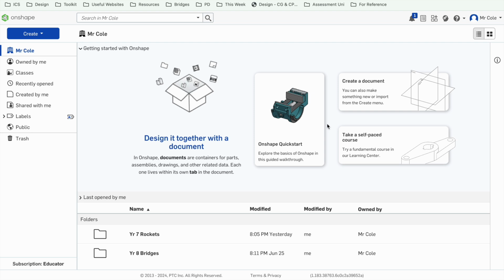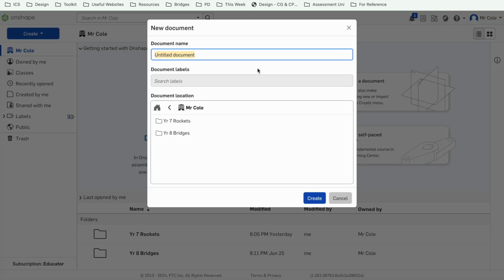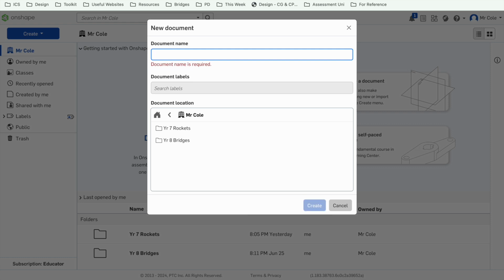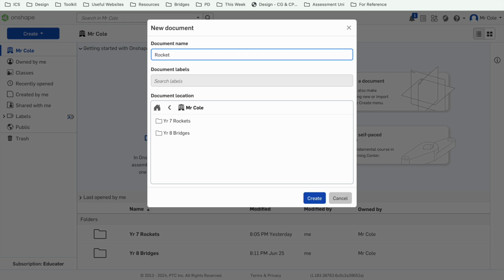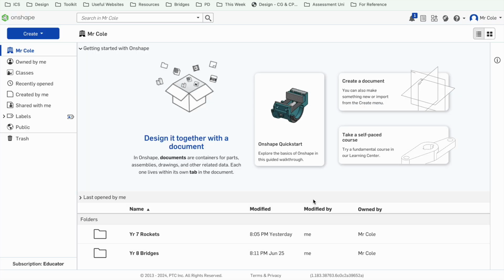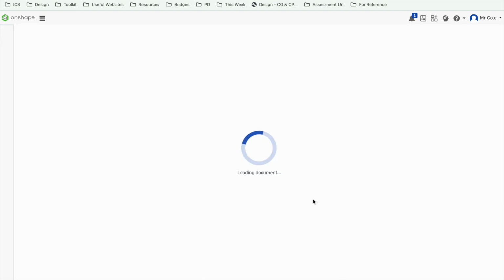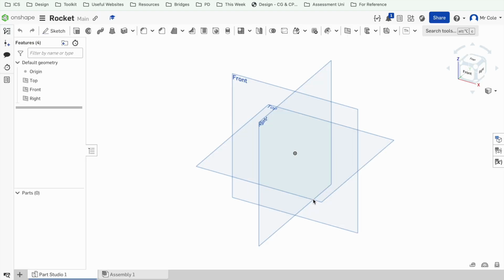So we're going to create our first design, and to do that we need to come up to the big blue button up here in the top left corner that says create. We're going to click on that, go down to document, and select that. I'm going to call this rocket. Okay, and then I'm going to hit my create button. This might take a few seconds to 30 seconds or so, but eventually you'll end up with a workspace that